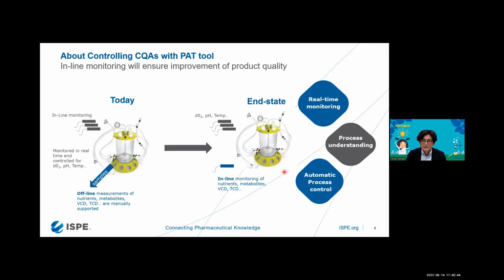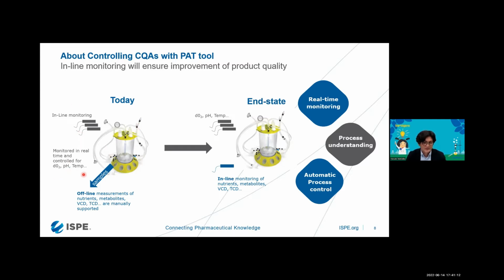So what will be changed if inline monitoring technology is implemented in bioprocessing? PAT is expected to ensure the improvement of product quality. As an example, in current cell culture processing, as an upstream bioprocessing, some of the parameters are monitored with inline monitoring technology, such as monitoring the DO and the